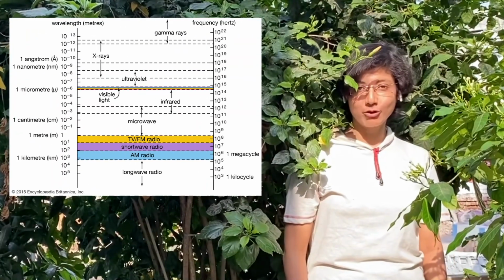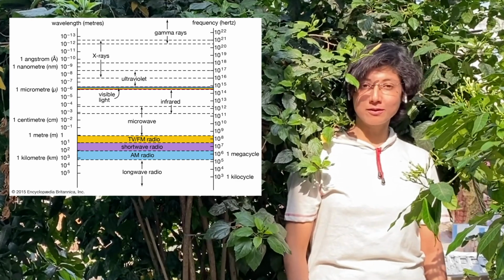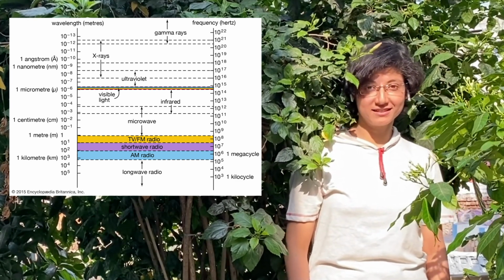Like light, microwaves are also electromagnetic waves whose wavelength ranges from 1 meter to 1 millimeter. A microwave oven uses this electromagnetic radiation, microwaves, to heat up the food molecules. And these microwaves form standing waves inside the oven, which helps in heating up the food item.